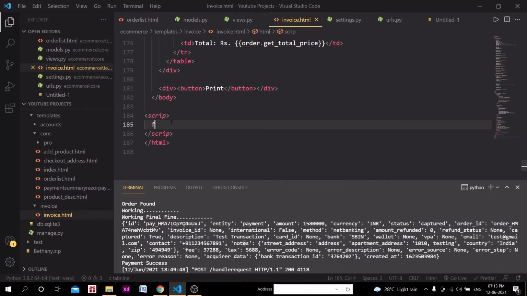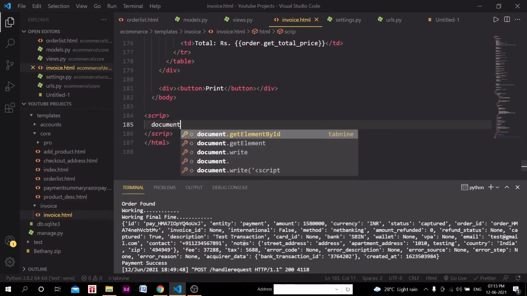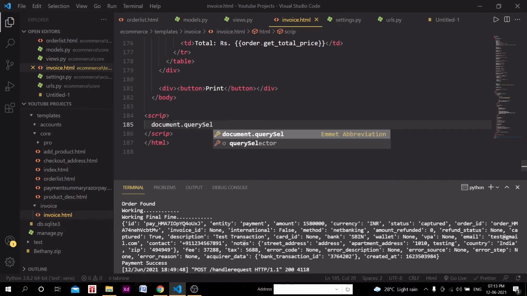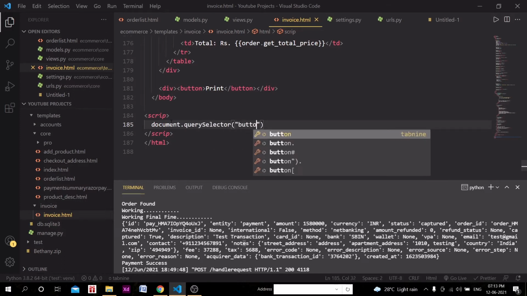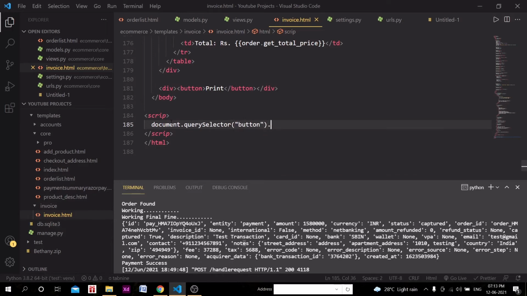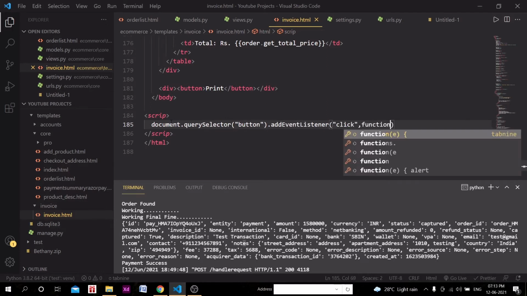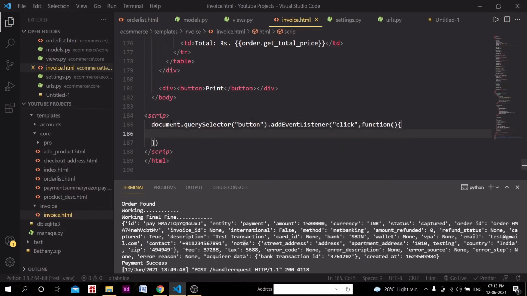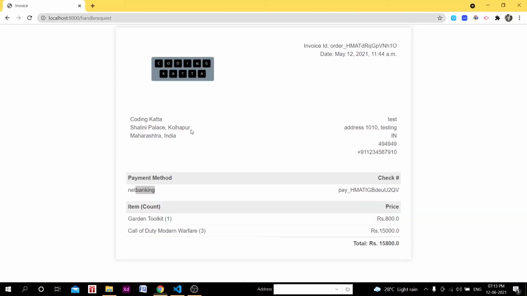We can simply write document dot query selector, and we can select the button itself. So button dot add event listener, which is click, and we will have one function, and here we will call the print.